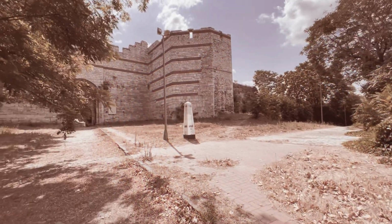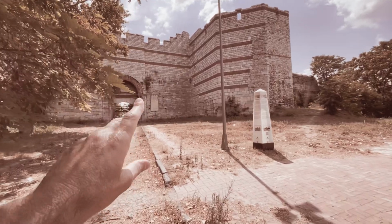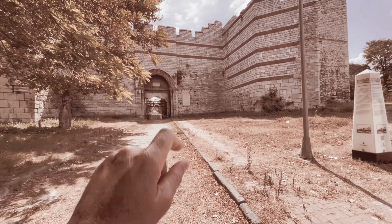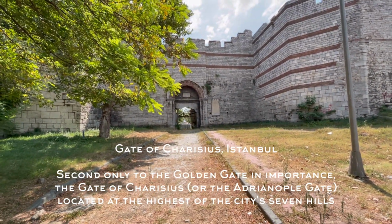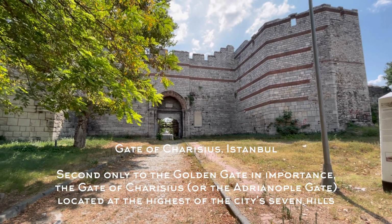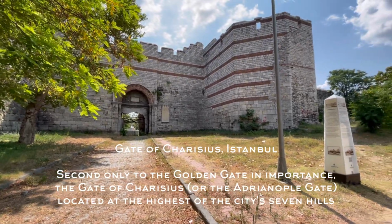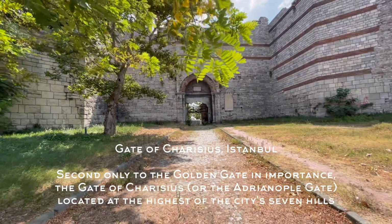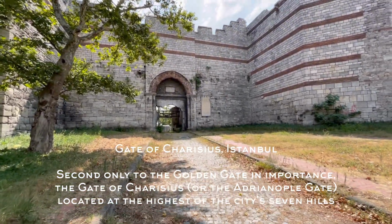All right, we stumbled here upon another gate, and it's got a plaque there in Turkish. Yeah, there you go. 29 May 1453. This is where the Turkish Ottomans finally broke into the city of Constantinople to conquer it. And I know I've been here before. I knew I'd seen the gate before. I don't know the name of the gate, but